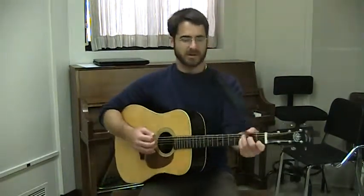So Q and R, practice those switches. Those are the fundamental switches in the key of G. Moving on to progression S, it's just going to put all of those together. And really it's all about putting all this together in all sorts of different orders. So progression S, we're going to start on the C, we're going to move to the G,